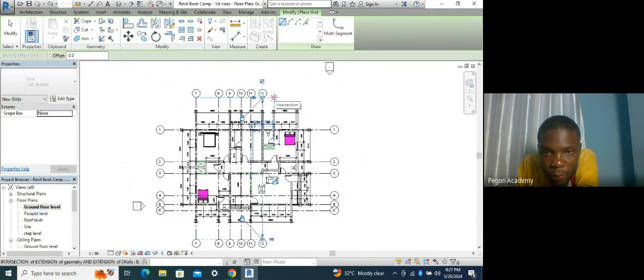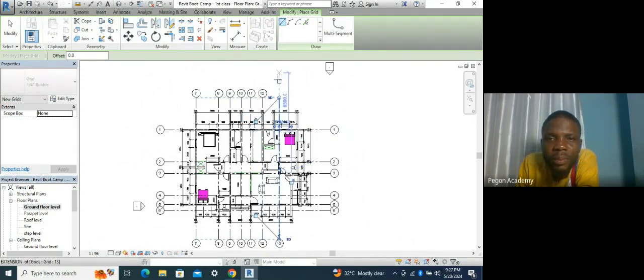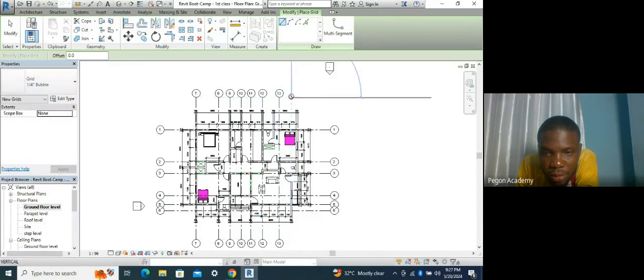This one as well. It is going to be a major. These are just for the toilet. Let me leave down. So this one is going to be a major grid. And then this one, and then finally this one